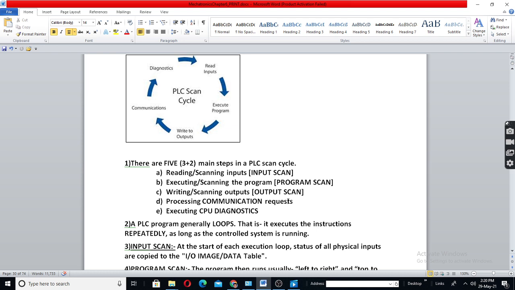Next, output scan means suppose you want to deliver something to somebody who is waiting there. Postman has come for a registered post. You have to put a signature. Or a gas cylinder delivery boy has come. You have to receive the cylinder as well as fill the cylinder, and you have to return the empty cylinder. So you will also have to scan the outputs.